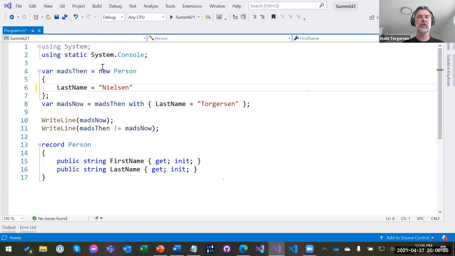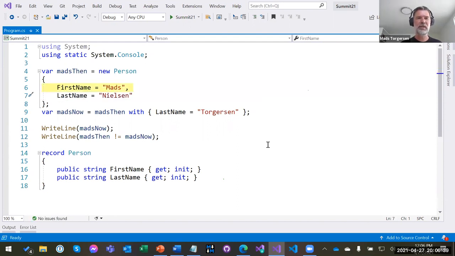That's not so cool. So now we have null Nilsson, and the next year will be null Torgersen. And there's no way I can say, well, you must specify a first name. That's not what I wanted to do there. We want to take that next step and make that possible somehow.